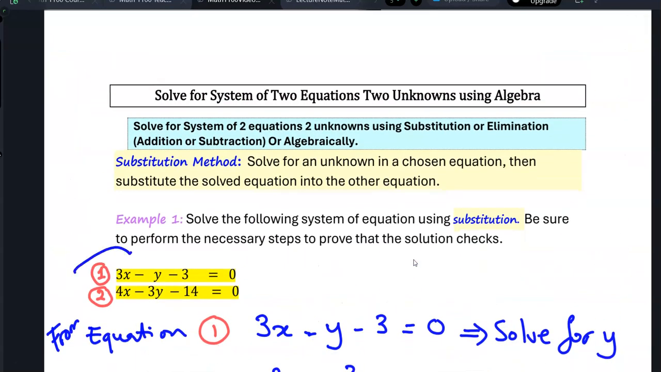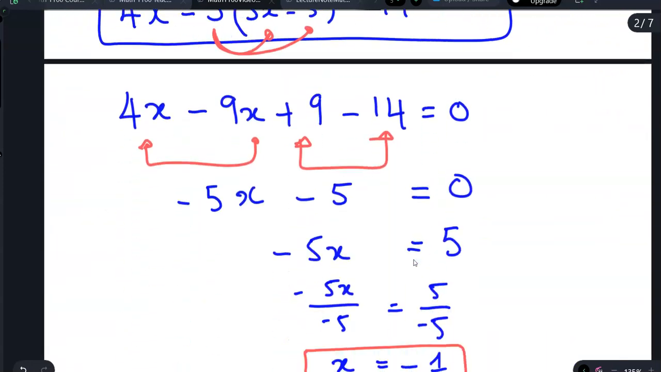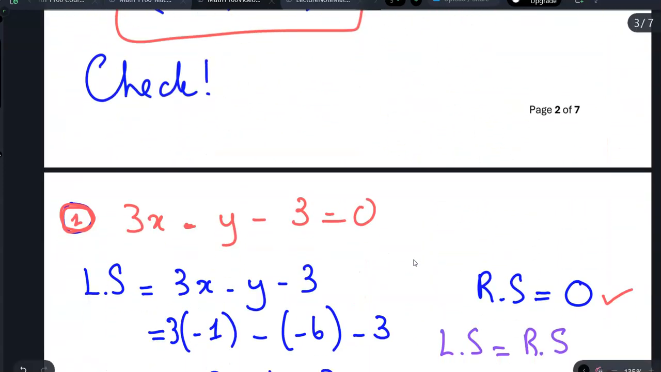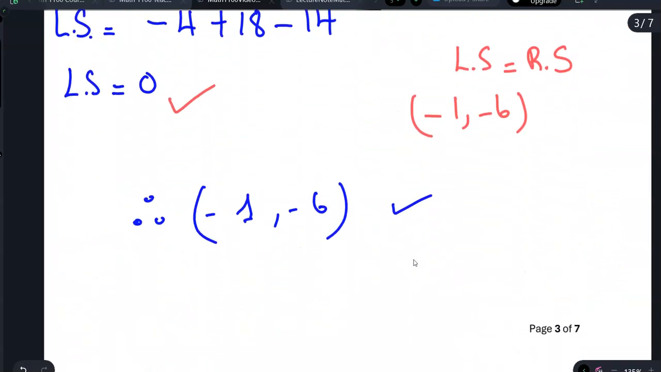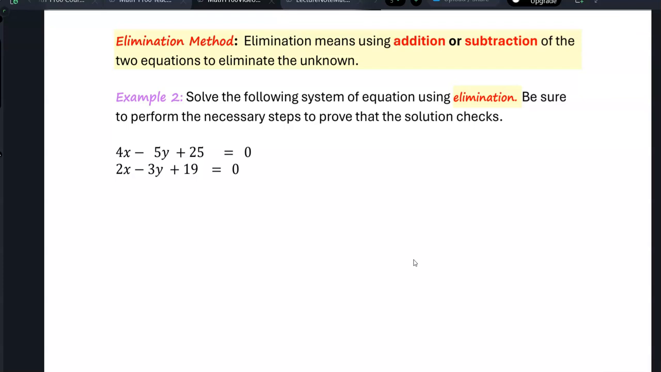Alright. So I think I have enough time because each video is 30 minutes. What I'm going to do is work with another system of two equations, two unknowns, but for this particular one, I am going to use the elimination method. Also using algebra, but I will concentrate on eliminating one equation